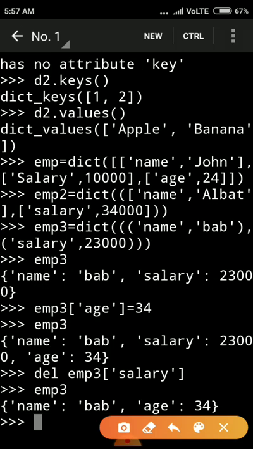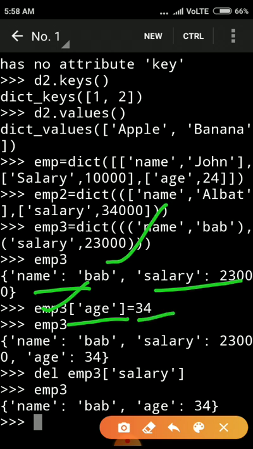Suppose I take the dictionary emp3, with two elements, name and salary. To insert a new element, I give the dictionary name, then inside the square brackets the new key, and then equal to its value. The new value will be added in our dictionary.